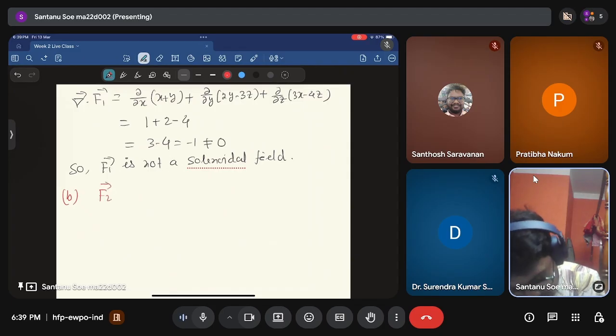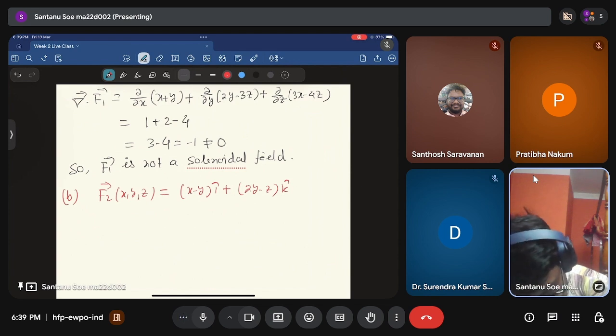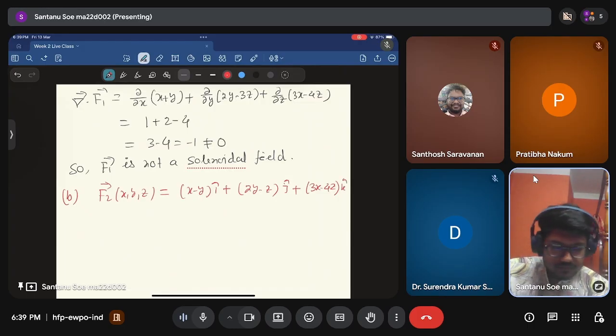So the next function is given by F2 of xyz equals to (x minus y) i cap plus (2y minus z) j cap, sorry, this will be j cap, and this is (3x minus 4z) k cap. Okay,